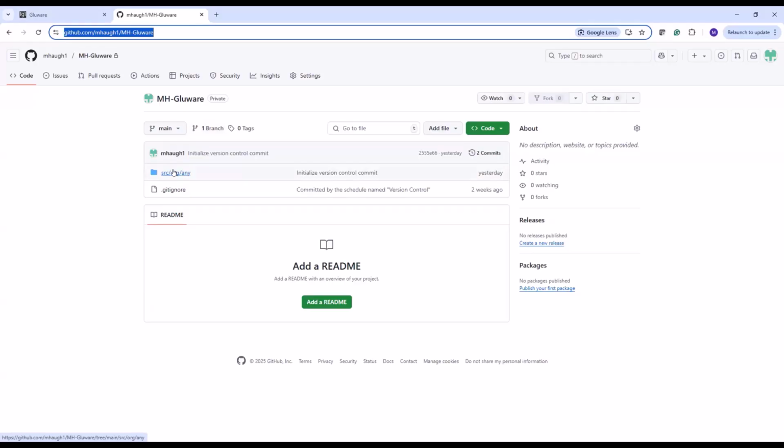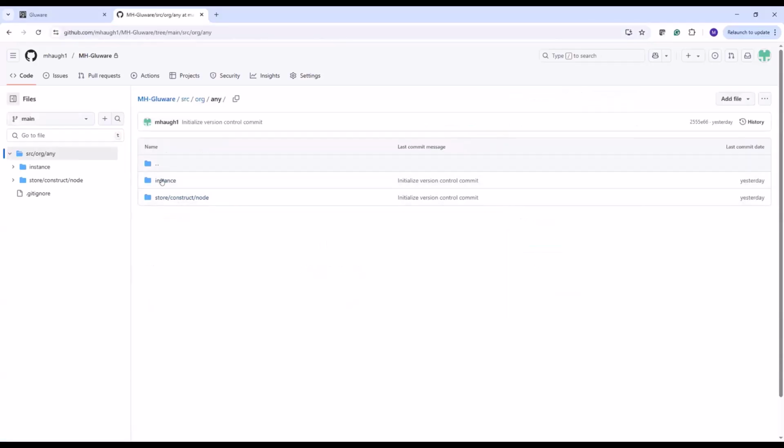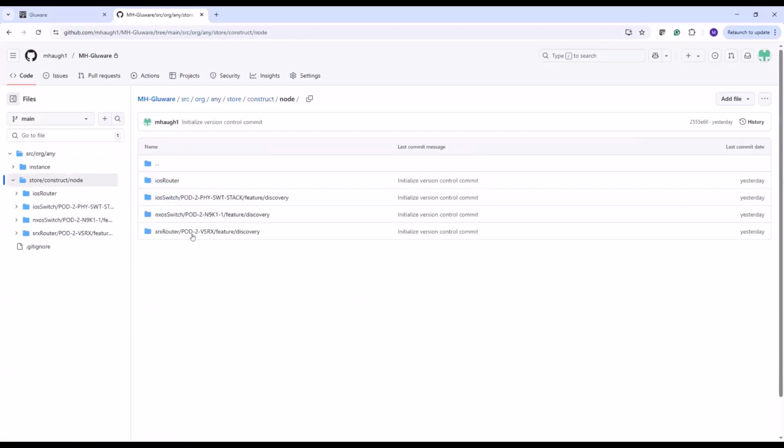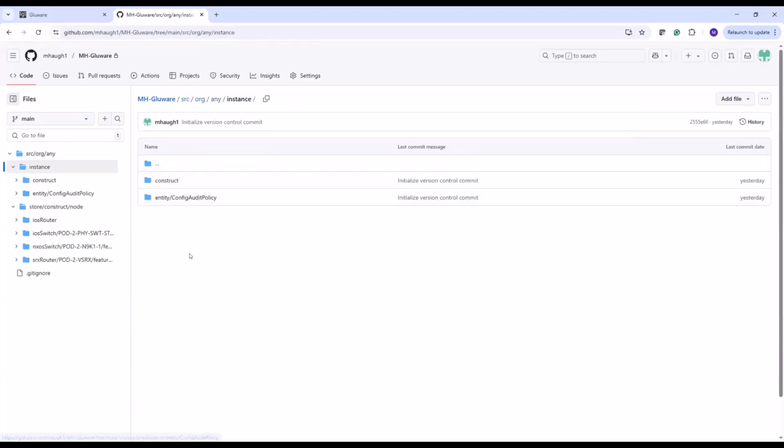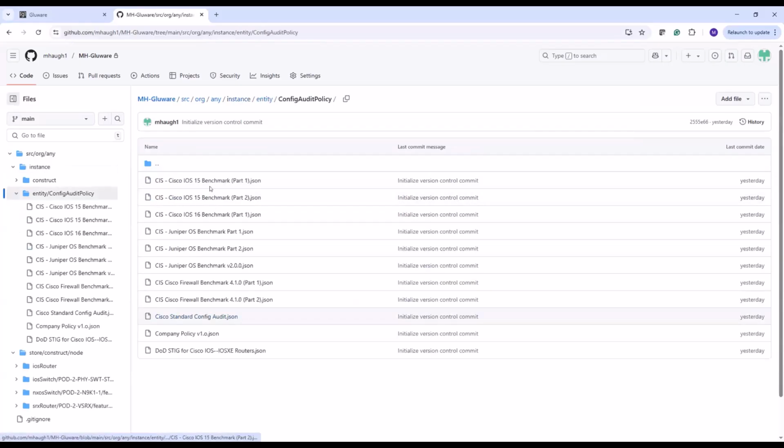This is Gluware. If I click on this, I'm going to see my instances in my store construct node. If I navigate into this, I see the nodes. If I go back here, the instances, these are what I would kind of align my thinking with the two primary applications on the Gluware side that we're syncing with. So I have my audit policies. So this should look familiar. If you look at all of the audit policies here now in my Git repo,